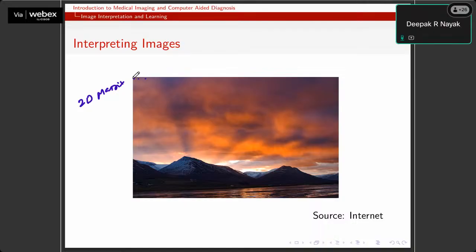One is its position, basically a coordinate, and the second is the color value or the intensity value. So every pixel in the image has two things: its coordinates, that means its position in the image, and the intensity value or color value.